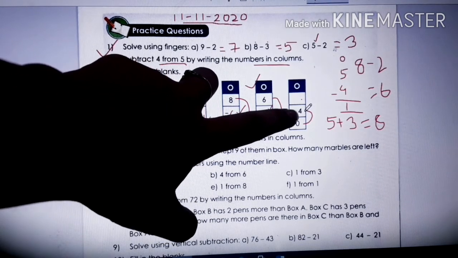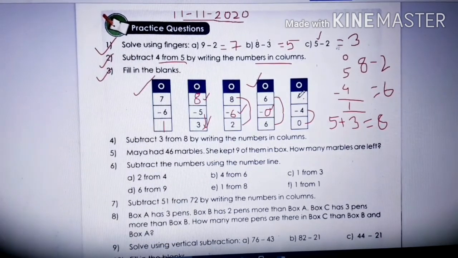These two numbers. 4 plus 0 is what? 4. 0 plus 4 is your 4. Understood? So if you subtract, you get the answer 0. Isn't it very easy, children? You practice at home. You write down this now.